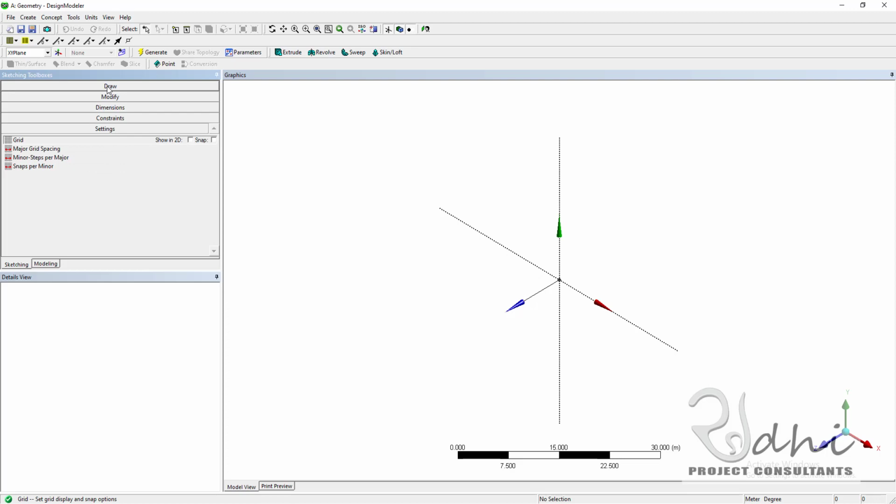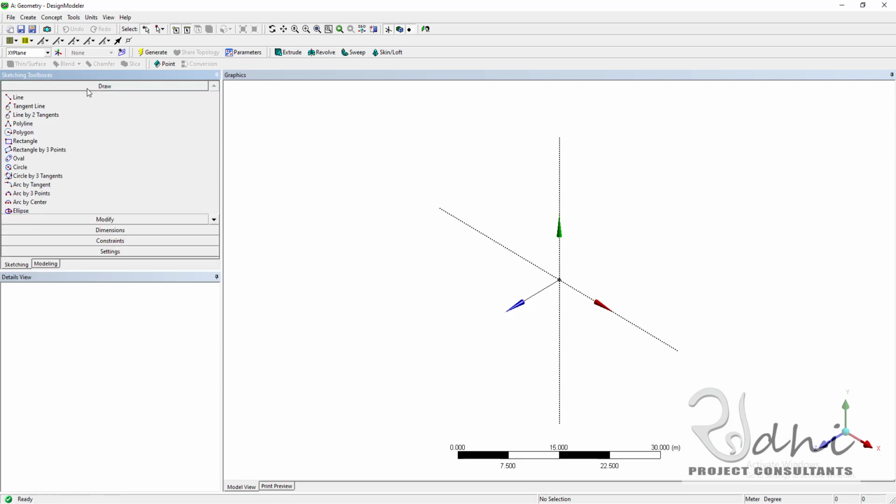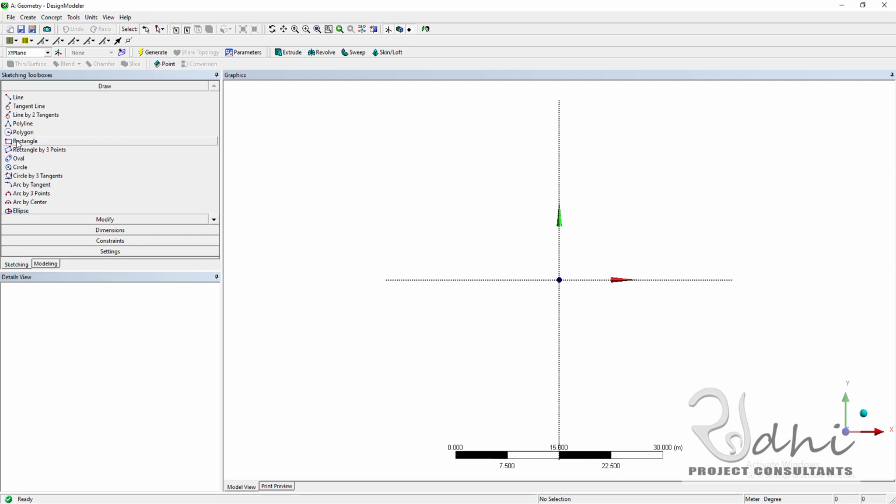Okay, next I'm going to create a drawing, and before that, once I said this tool is an important tool. If I click this tool, this is a selected plane. This XY plane will be oriented to the screen. I'll show you. If I click this one, it will orient. And then I'm just going to create a rectangle